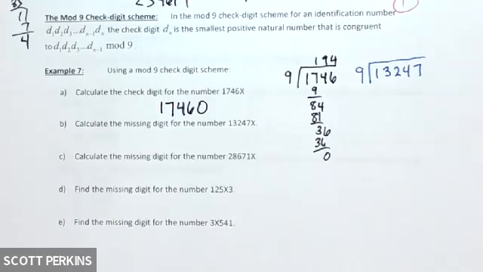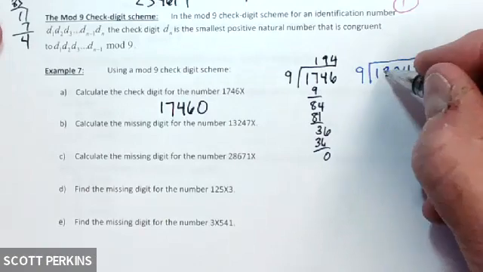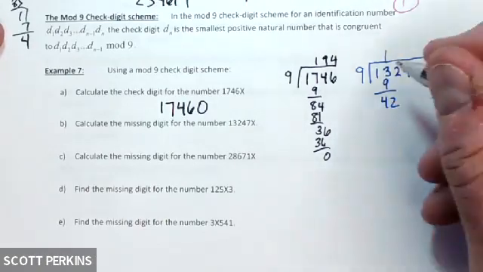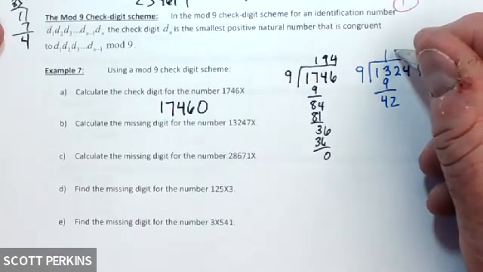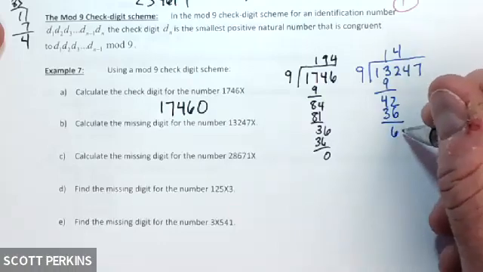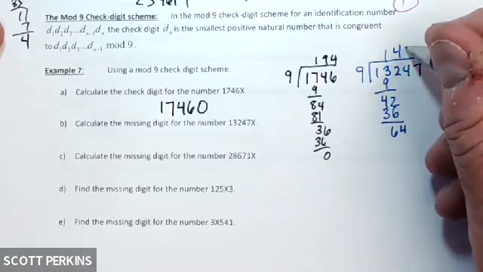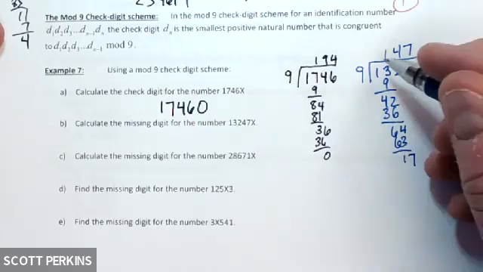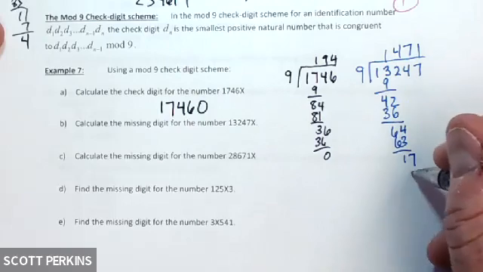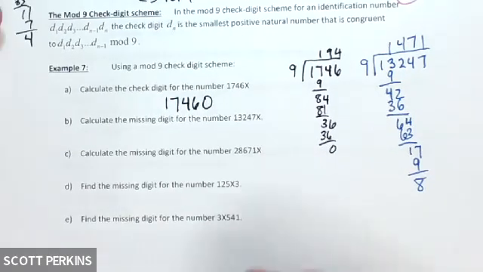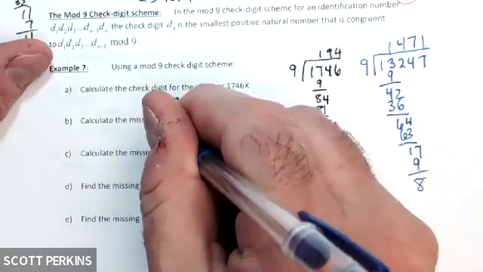So I've got 13247. I'm going to divide it by 9, see what congruence class it's in. So 9 goes into 13 once, leaves me 4. Bring down the 2. 9 goes into 42, let's say that's going to be 4 times. That's 36. That leaves me a remainder of 6. Bring down the 4. 9 goes into 64 7 times. Leaves me a remainder of 1. Bring down the 7. 9 goes into 17 once. And that leaves me a remainder of 8. So the congruence class is 8. So the check digit is